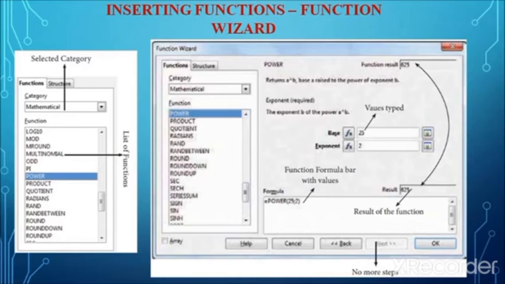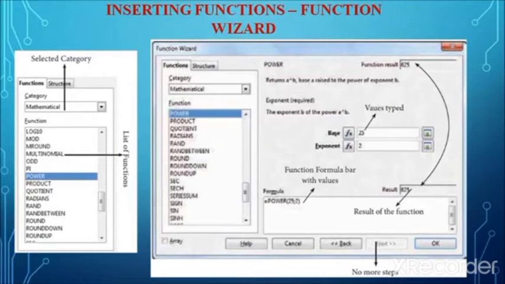It can be invoked by clicking the function wizard icon in the formula bar, or the user can select the function wizard from the Insert menu and then choose the function, or just press Ctrl+F2, which is the shortcut key for opening the function wizard.